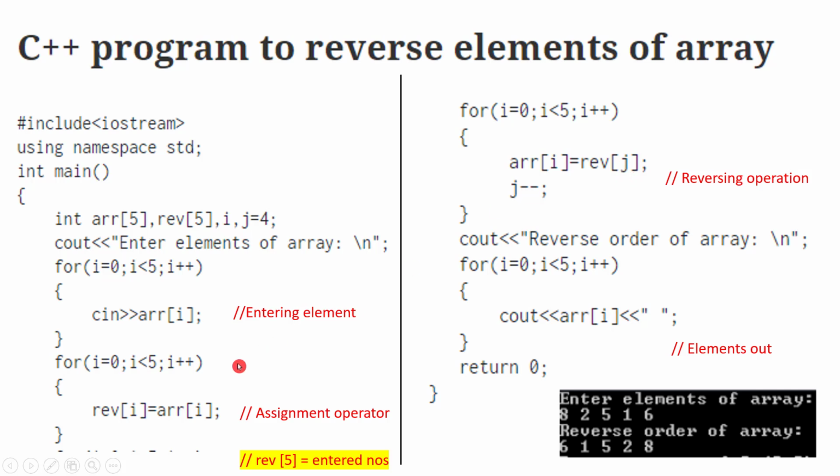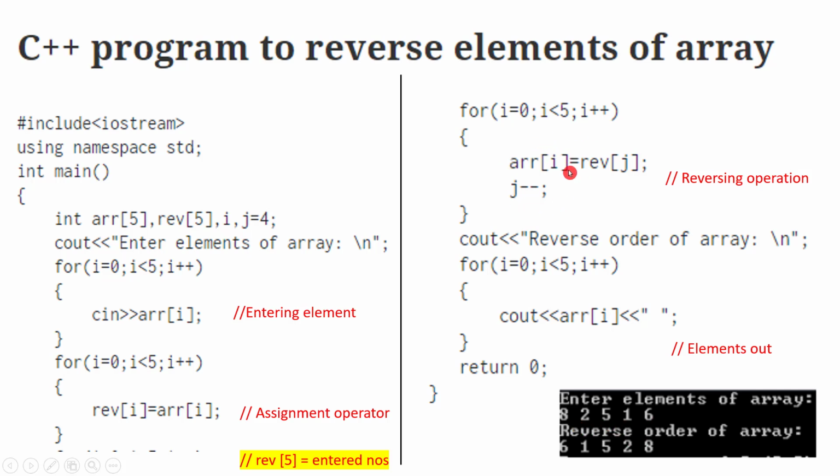That means here you can see a change. That means in the sixth element, or in other words, okay, these first two statements. So this ends here. In this statement, what it did is both this 8, 2, 5, 1, 6 array is common in ARR as well as the REV. Okay, then so we have REV is equal to 8, 2, 5, 1, 6.